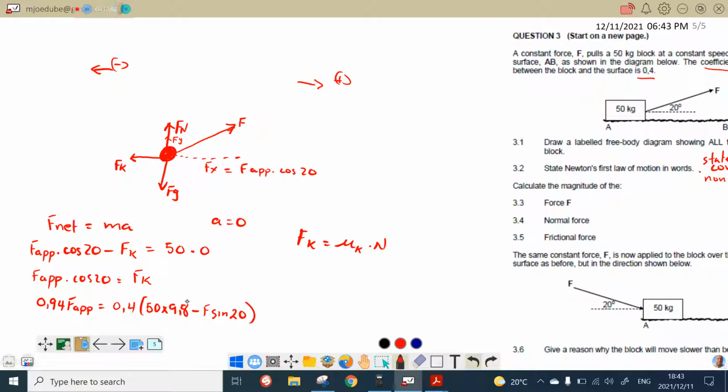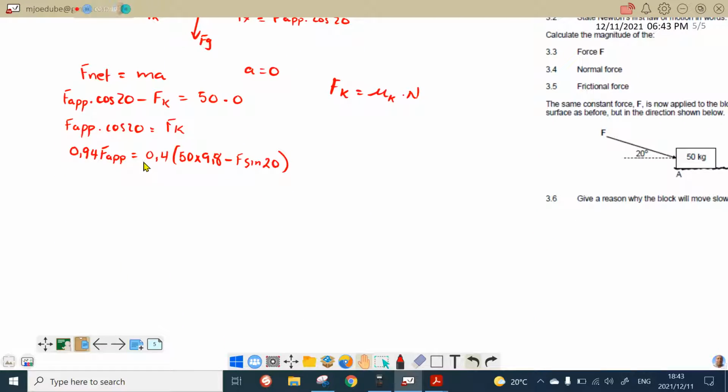So I can just simply work that out, and then from there I can go on to solve for the unknown. So this is going to be equal to 0.94 F app minus